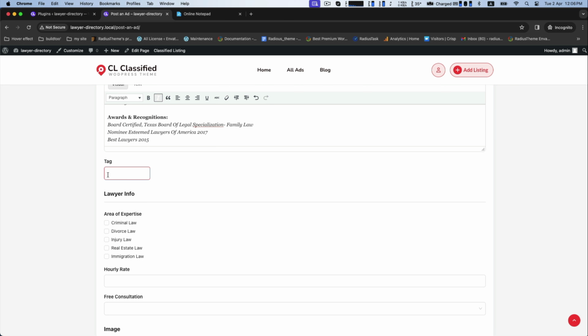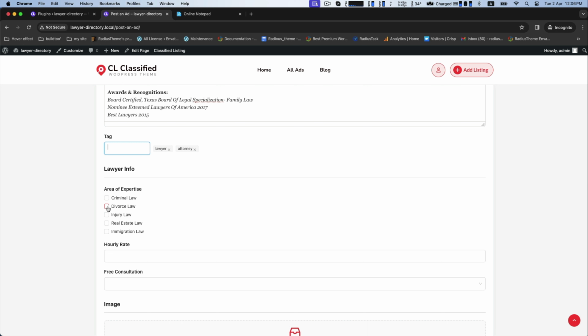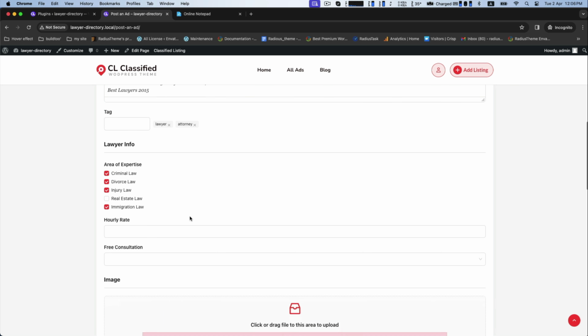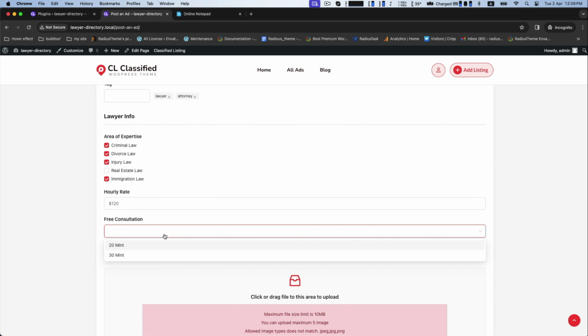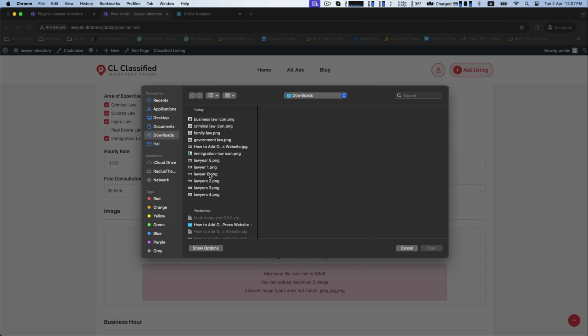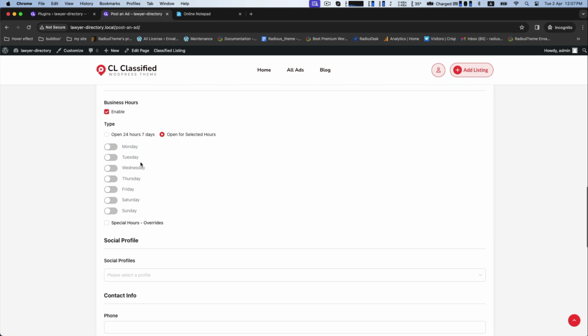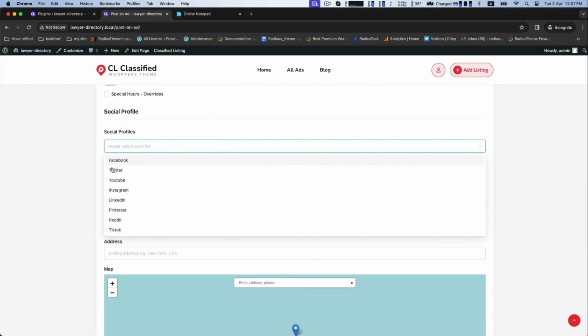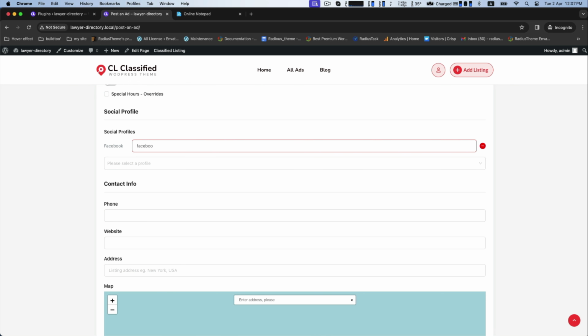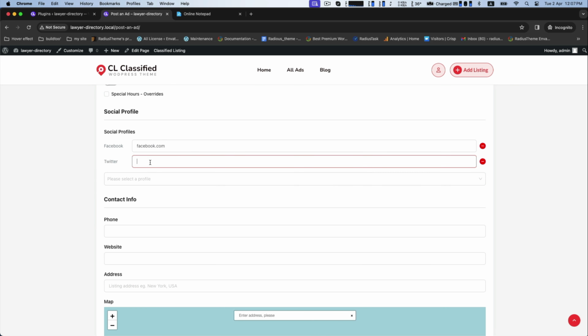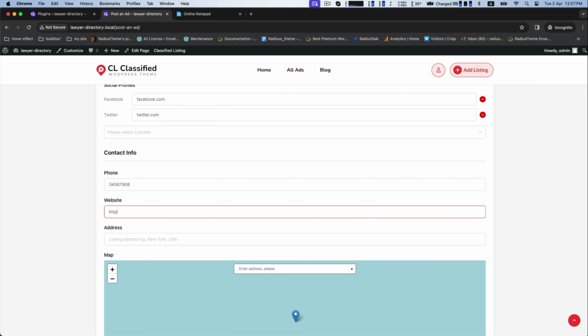Then add a few tags with the options of expertise and add the hourly rate with the free consultancy time. Now choose an image of your preference. Meanwhile, save your business hours, types, and social profile along with the contact info like phone, website, your address,